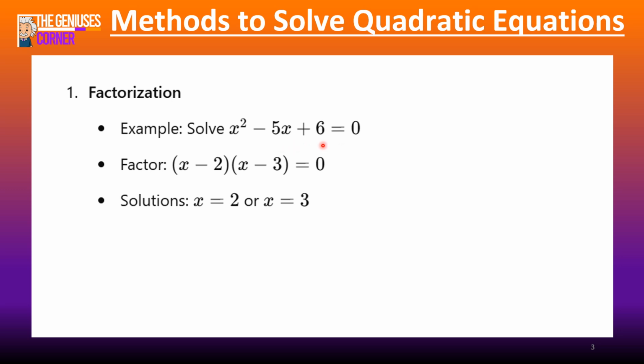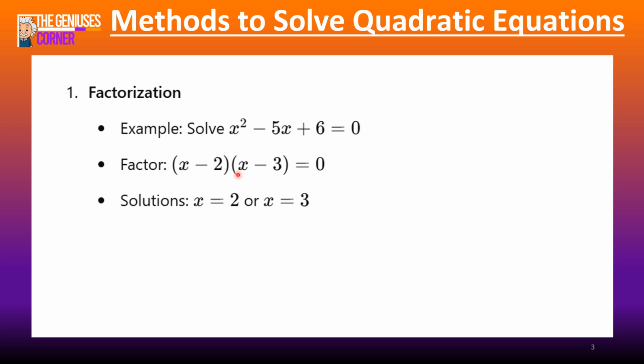So we have 6 and 1, and we have 3 and 2. But 6 and 1 won't work because we need to subtract them from each other, meaning they will have to have different signs. But here we have a positive sign. So I know that in my brackets there must be either a minus and a minus or a plus and a plus to equal that positive sign when multiplying these two factors. Therefore, I move away, and I know 2 and 3 will also give me 6 when multiplied. Will that work? Yes, because minus 2 and minus 3 gives me minus 5.